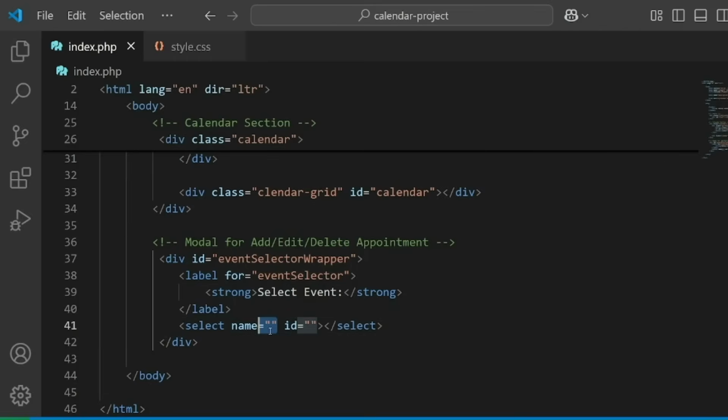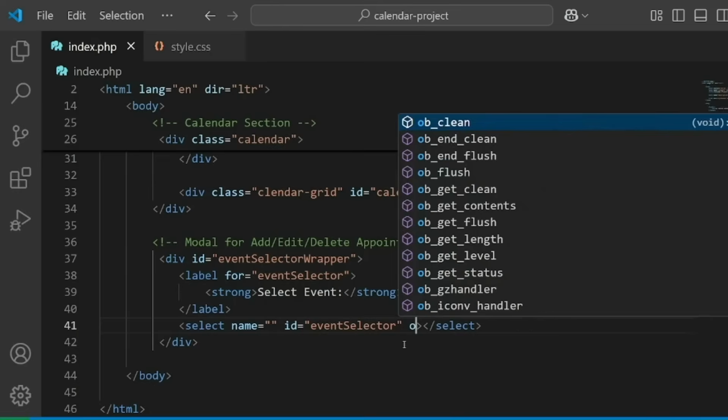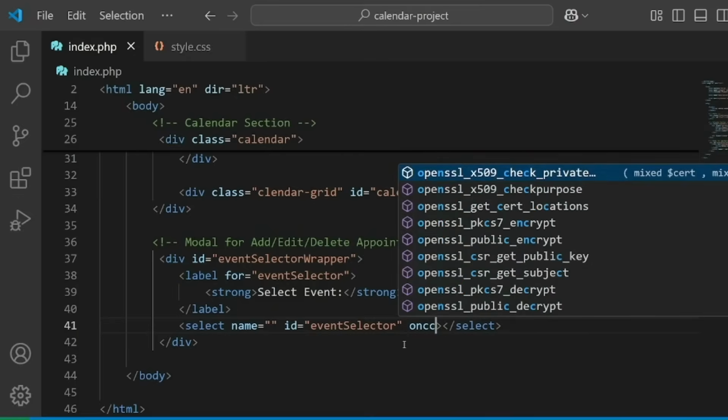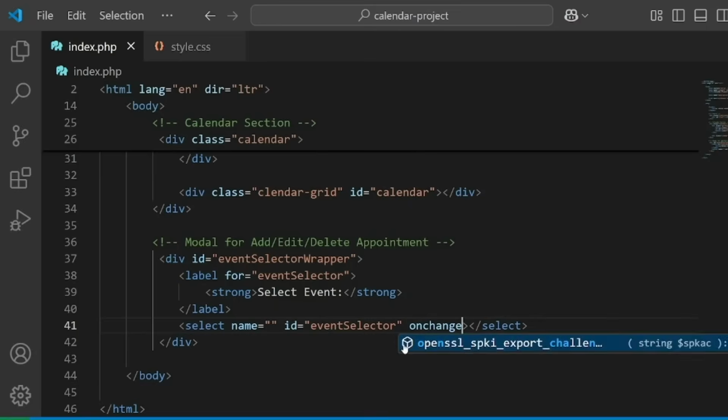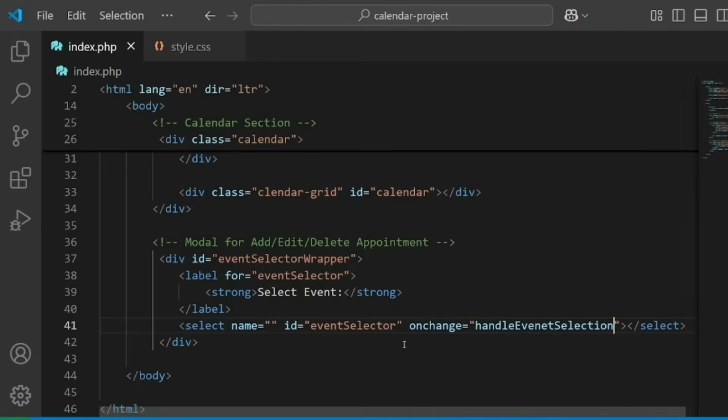And then we have to specify the ID as eventSelector, event and then Selector. Notice capital S. And when we reach the JavaScript section, we will create a function that we can invoke in here. On the change event, we can invoke a function which is called handleEventSelection. But this will be later on when we reach the JavaScript section, when we create that function. Currently,